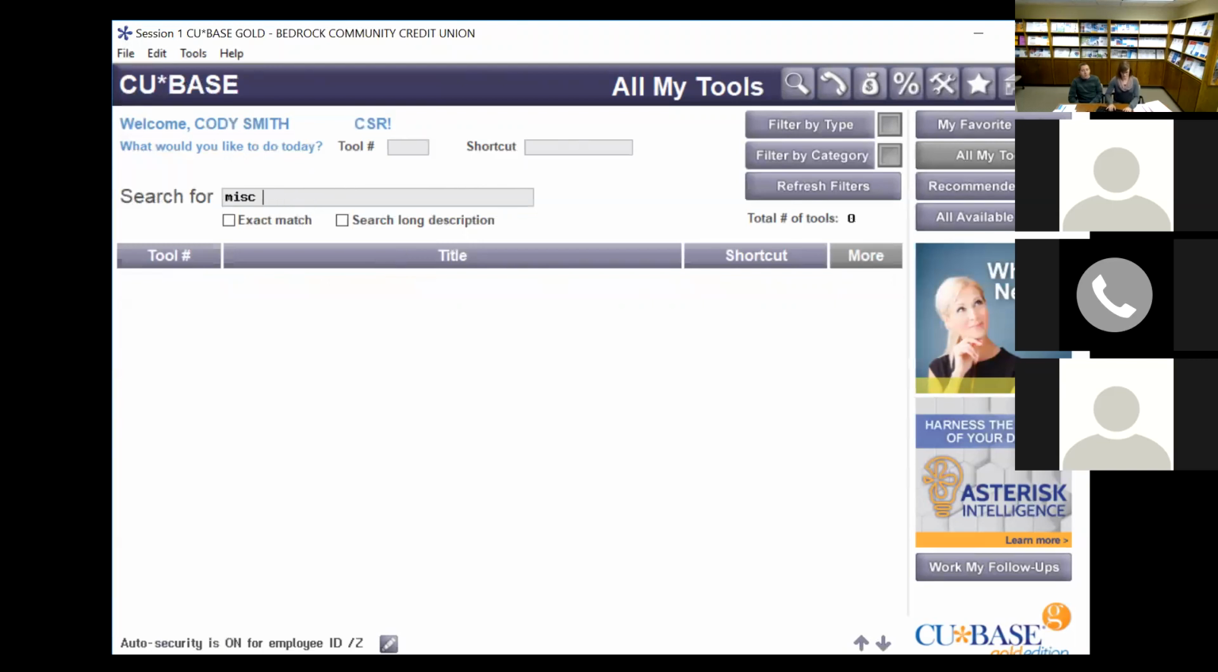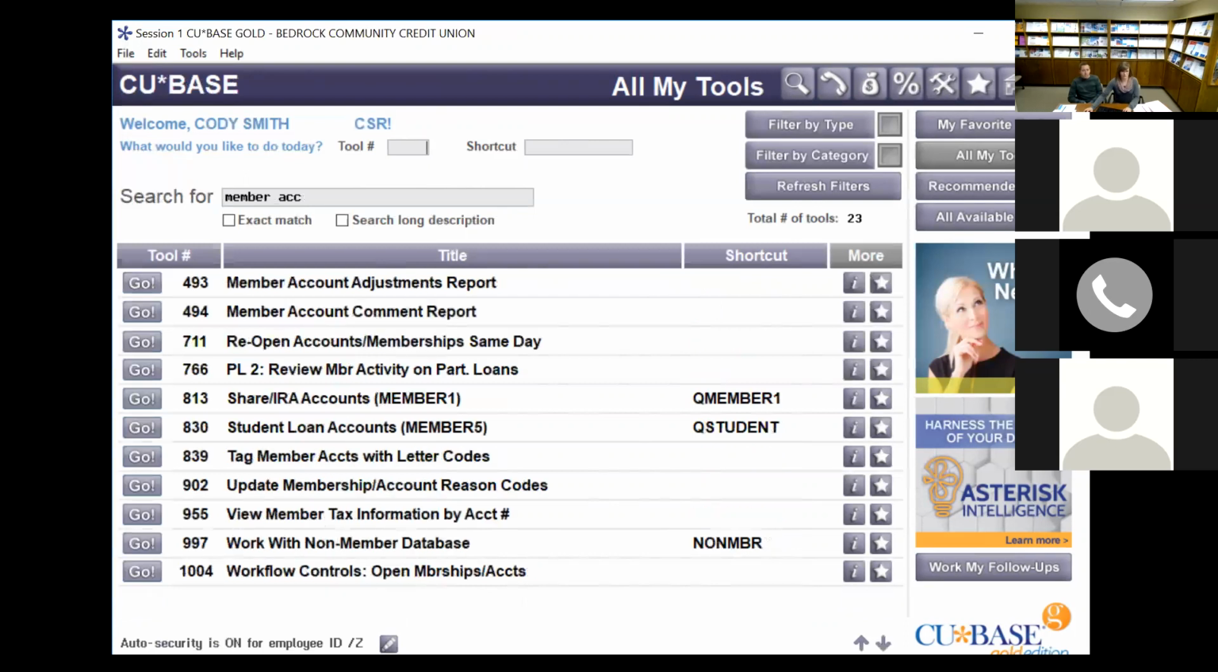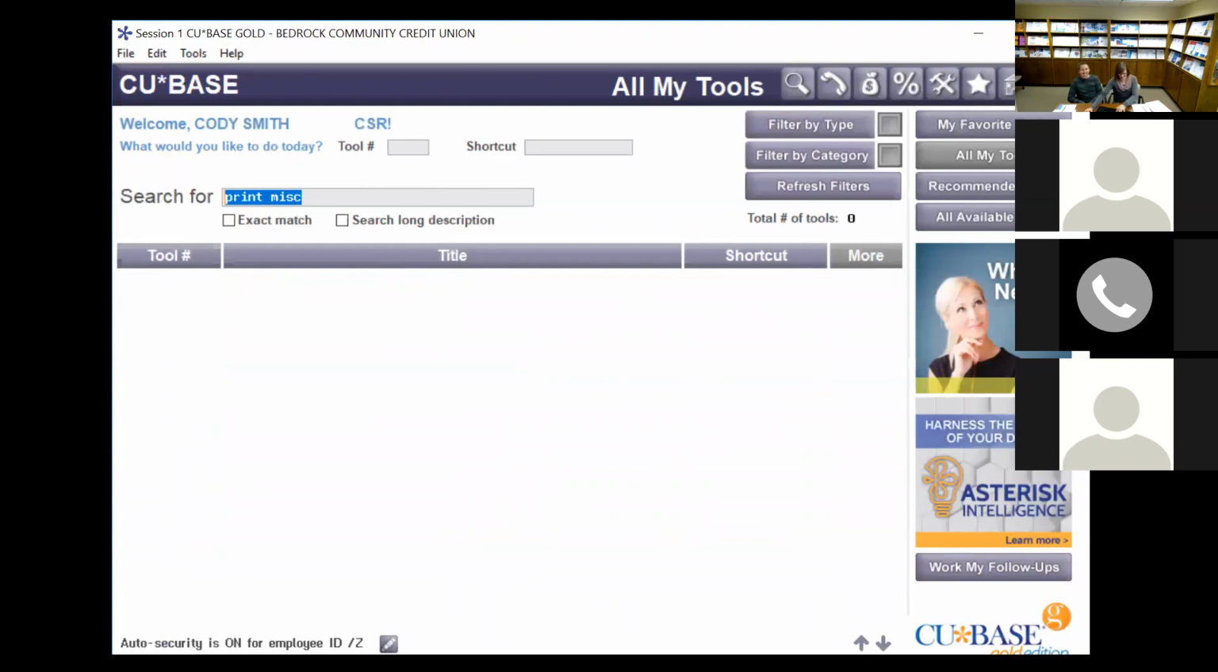Member. Search for account forms. Well, maybe it's not. Print miscellaneous. Thank you. No, it's not on this one. Well, anyway, you would just go to your miscellaneous member account form, which will give you all of those forms that you can then populate and